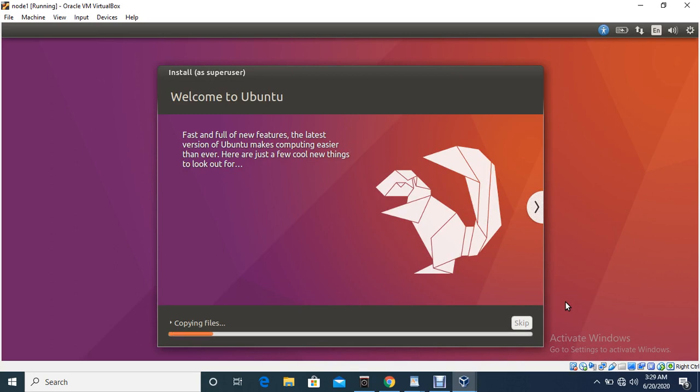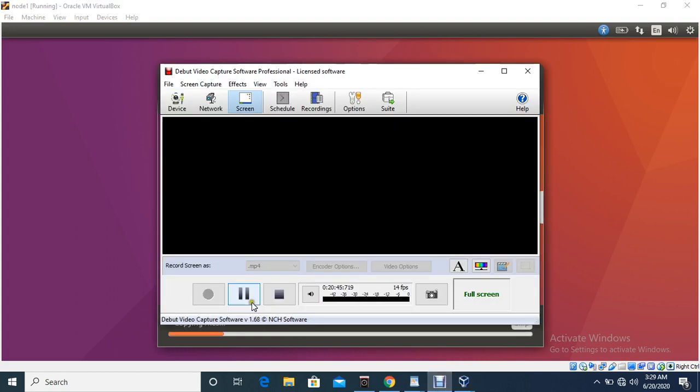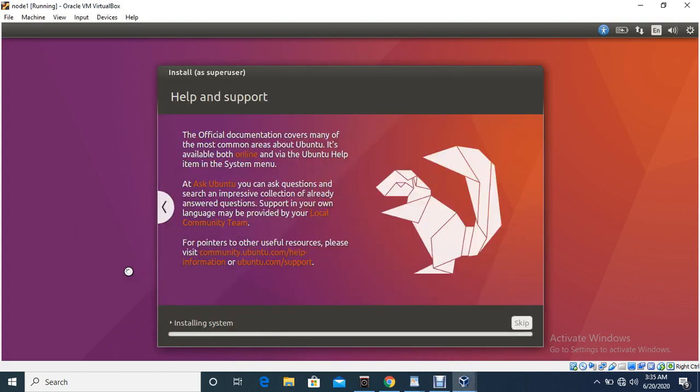Welcome to Ubuntu installation. The files are now starting copying from the ISO to my hard disk. So it will take some time. We need to wait a few minutes, 4 5 minutes. Yeah, it's going on. Now you can see that it is initializing the system.